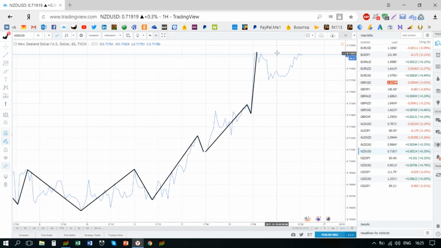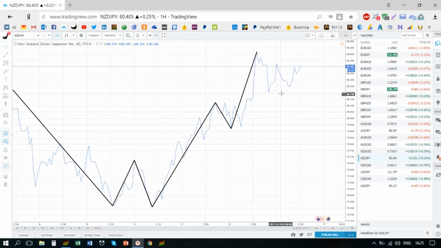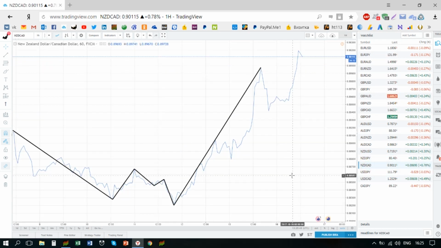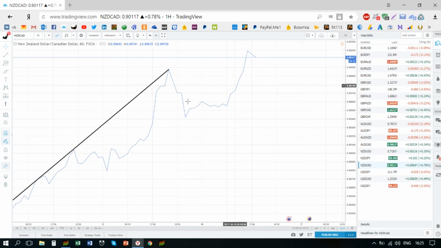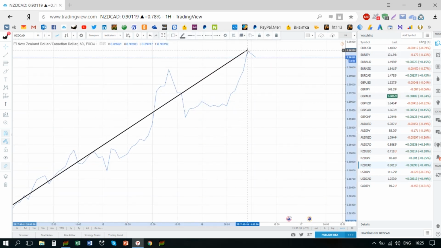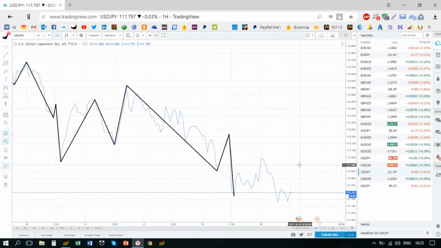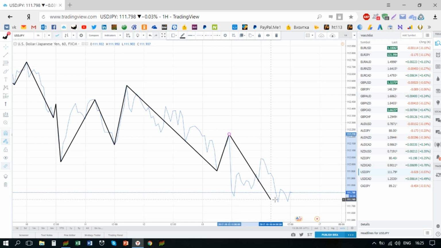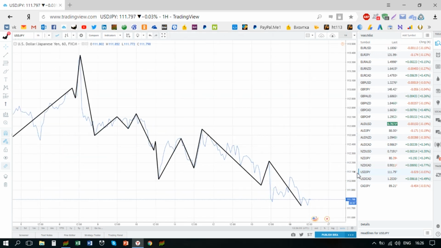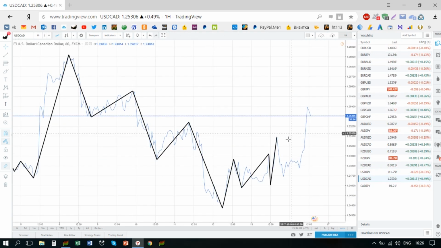New Zealand dollar, no violation. New Zealand yen, no, nothing. New Zealand Canadian, to know that we need this. Okay, it goes higher. Dollar yen, okay, going lower. Dollar Canadian going higher,